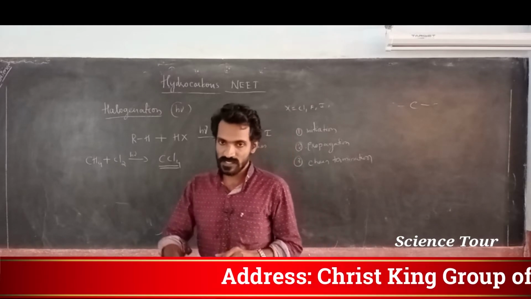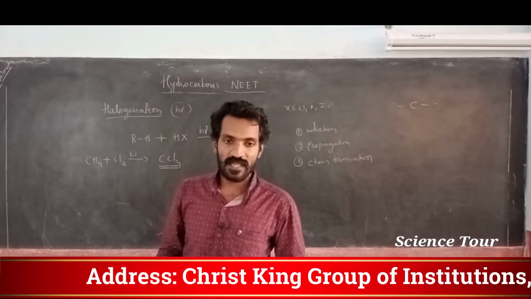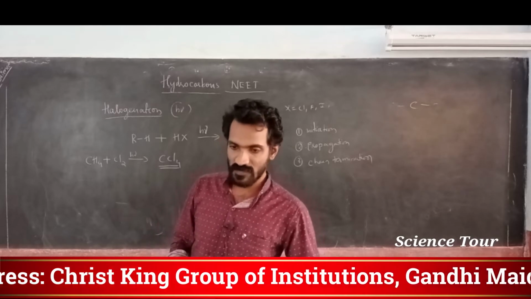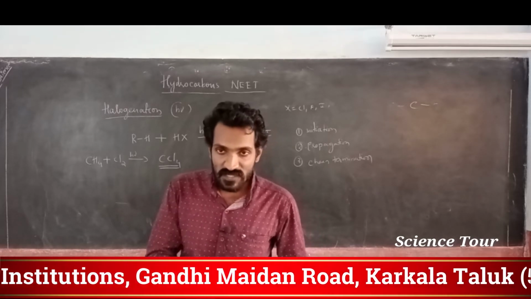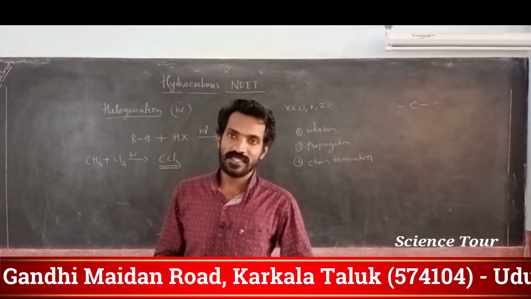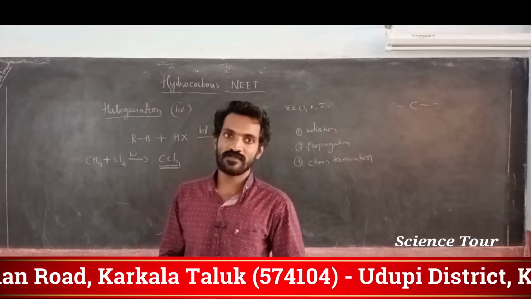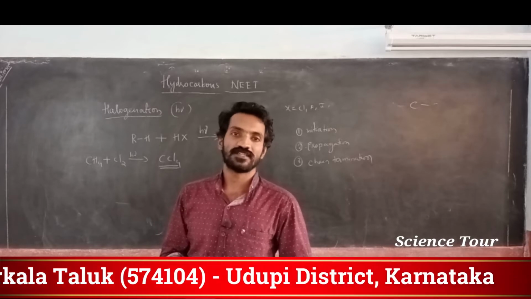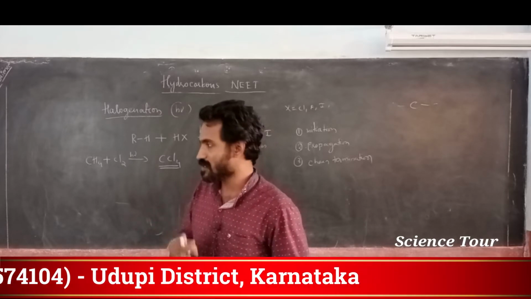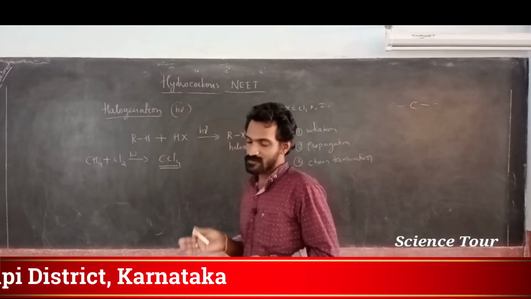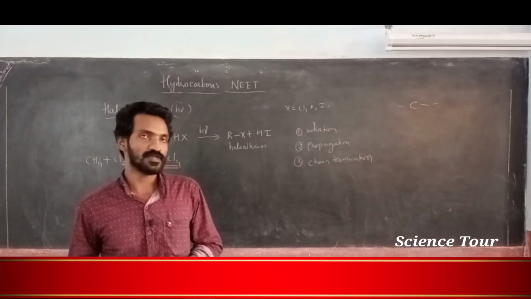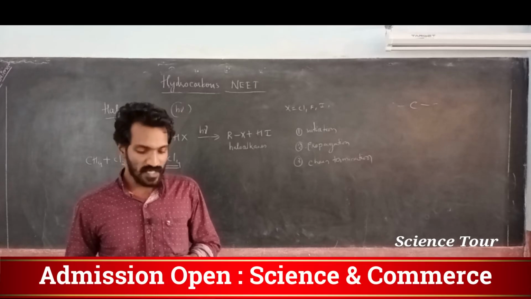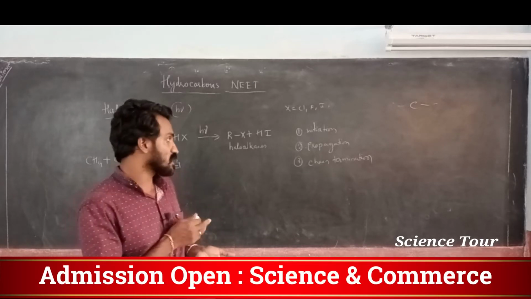Initiation means you are just starting that vehicle, you kick it like this, otherwise self start is there, means you start. That is initiation. Then you are just moving, it is propagation. Then you stop that particular vehicle, then it is called termination. So the same thing will happen here actually. Chain initiation, chain propagation, chain termination. All these things happen here. Understood? How at the end you are getting CCl4.